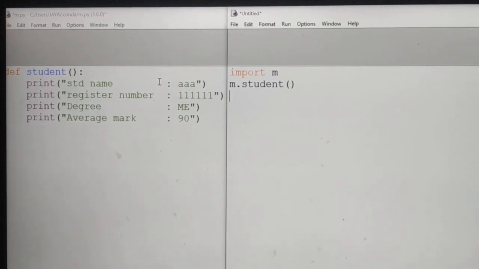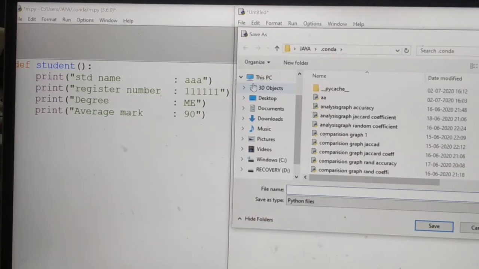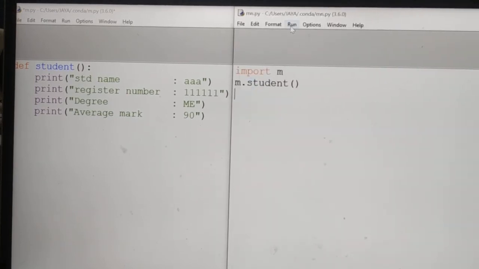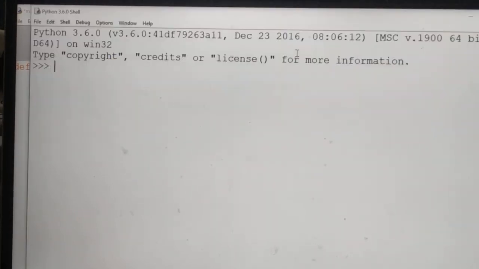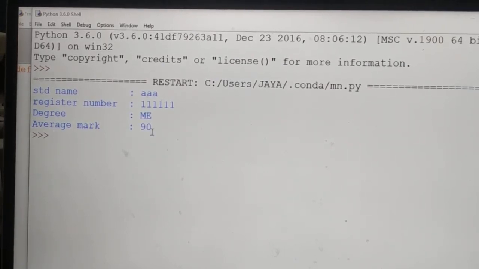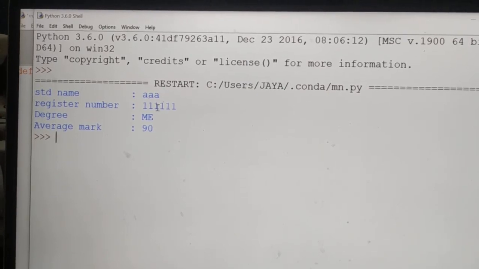Now we can save and execute the program. Say the file is mn. Now run the module. We get the already existing information. So whatever information we already gave in the module student, all those things are displayed here.